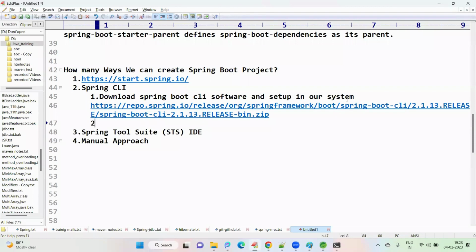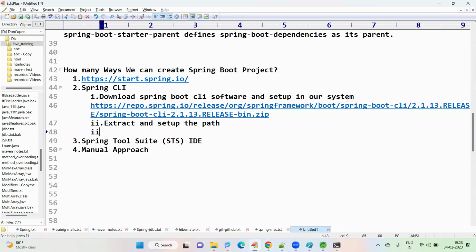Second step is extract and set up the path. Third step is